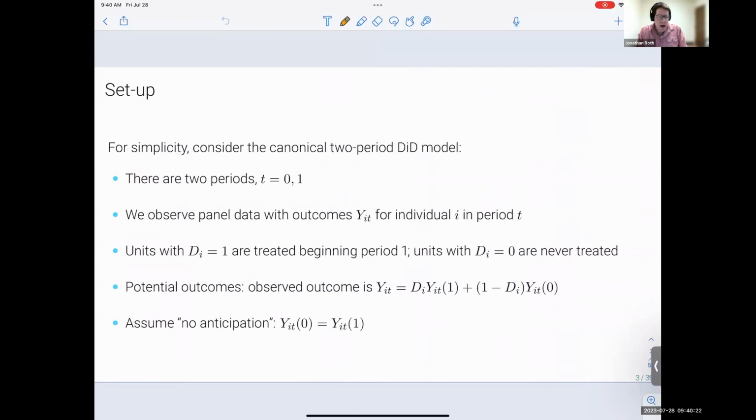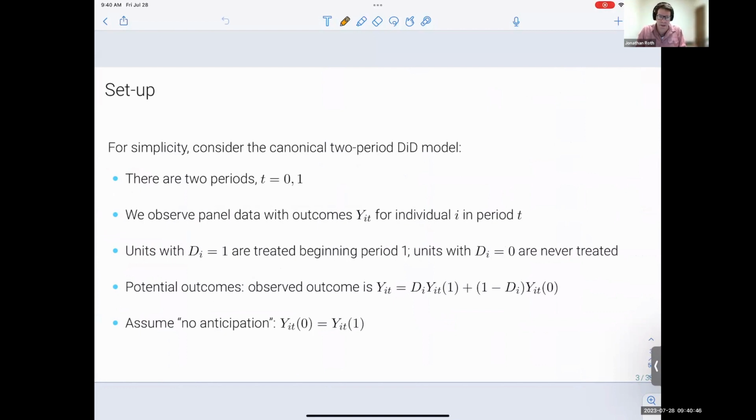Okay, great. So as I mentioned, what I want to start talking about is, what is the parallel trends assumption? Do we think this assumption is plausible in practice or not? To do that, I just want to set up a little bit of notation. Just for this discussion, just to make things really simple, we're going to consider the canonical two-period difference in differences model and talk about